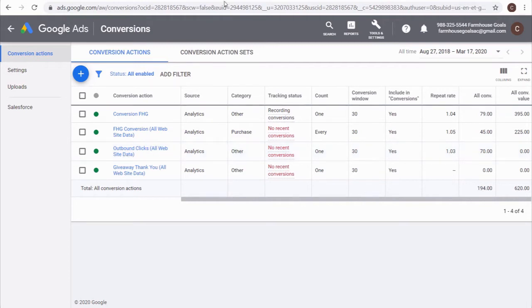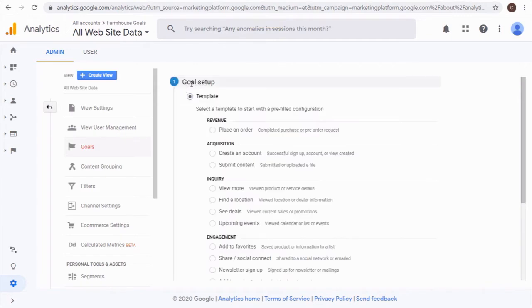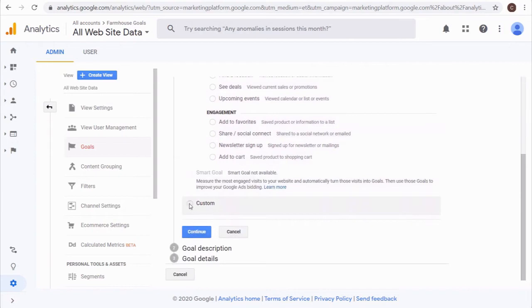So we come back over here to Google Analytics. What we want to do is click on new goal. And you can see under goal setup, there are some templates here. So revenue, place an order. So anytime someone completes an order on your website, someone creates an account, submits content. But what we're going to do to make it really simple is you can come down here to custom, click